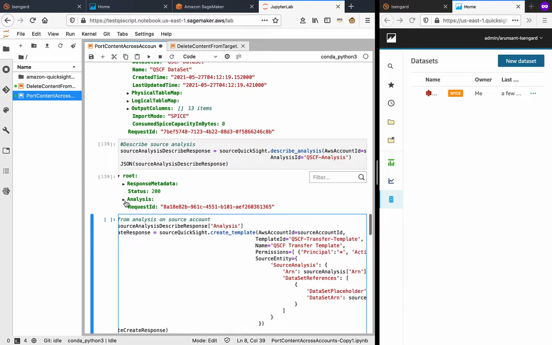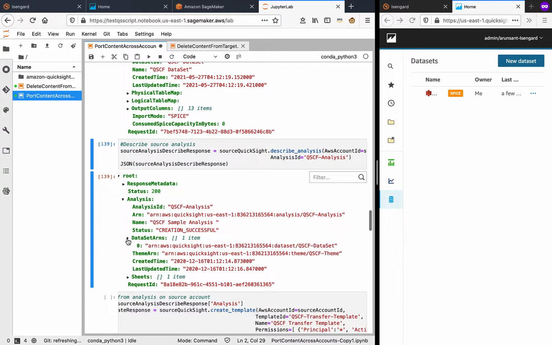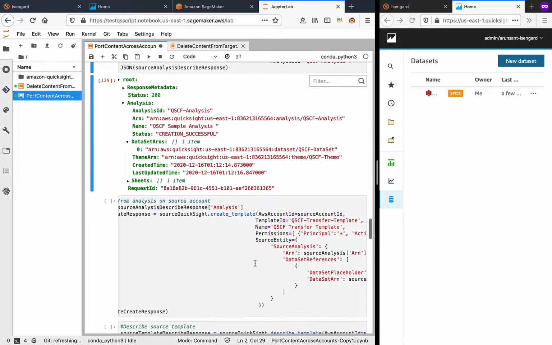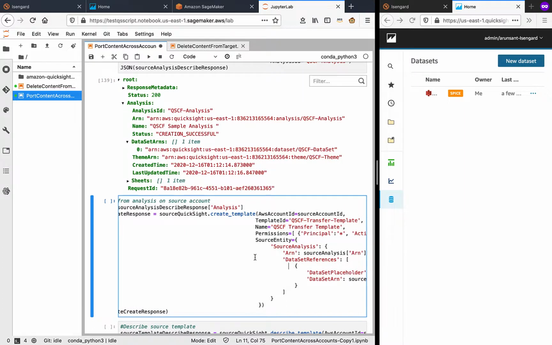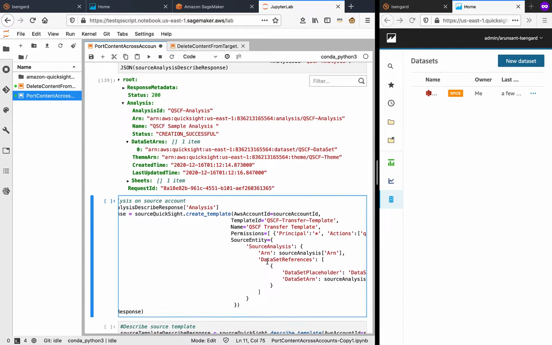So this data that's returned here will have information as to what data sets are being used by this analysis, what theme is being used, and so on. We'll utilize that information about the data set in this create template call. A template is a point-in-time snapshot of the analysis. So when making this create template call, we are telling QuickSight, take a snapshot of the analysis's current state, and then